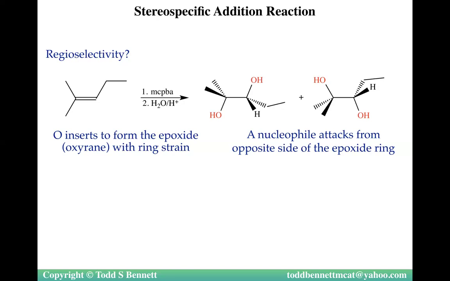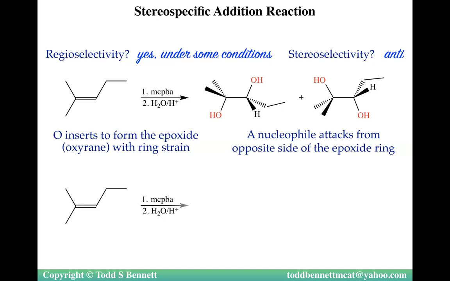Regioselectivity, you're adding the same thing to both sides, so we don't have any to speak of. But under certain conditions, I want to mention that if you use, let's say, an alcohol instead of water, then you would get OH on one and let's say OR on the other, OCH3, OCH2CH3, something like that you would have. But for this example, because what we're adding is the same thing that MCPBA is going to put on, we don't see an issue. Stereoselectivity, anti. Absolutely important that you know that. Okay, so